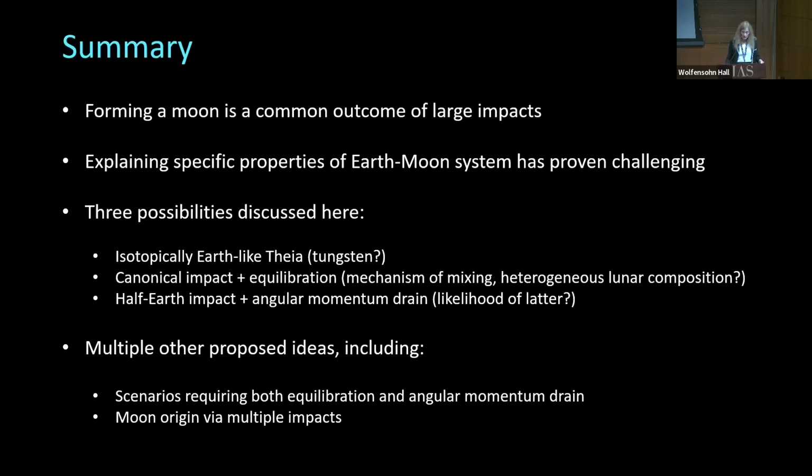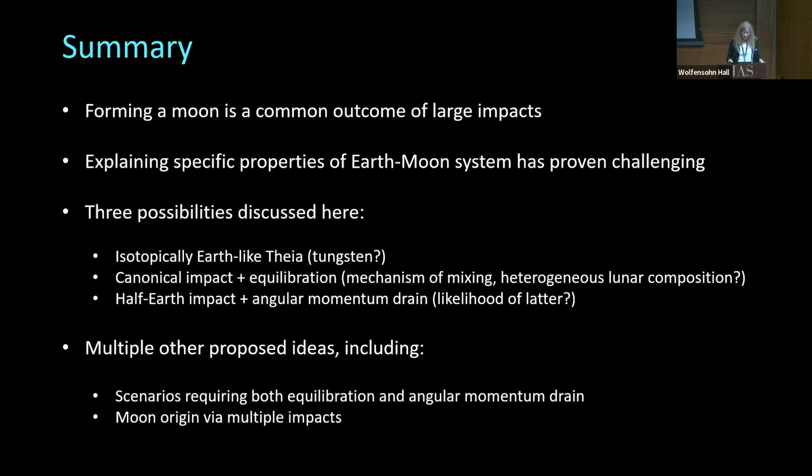We talked about 3 possibilities: an isotopically Earth-like Theia. Tungsten is the real fly in the ointment there. A canonical impact followed by equilibration. For a canonical impact, it seems that this would lead to a heterogeneous composition for the moon. Not clear yet whether that matches with the moon we see. And then a high angular momentum impact that gives you a match between the composition of the disk and the Earth, but needs this angular momentum removal. Multiple other proposed ideas